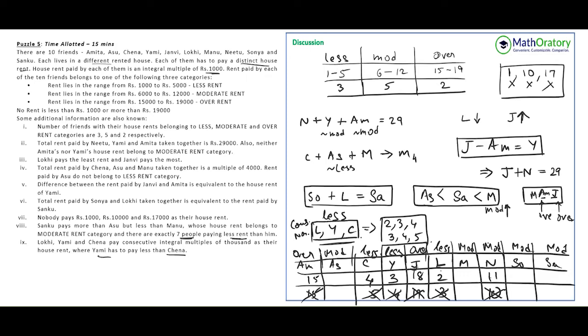So how to go ahead with this? So we know also there is this multiple of 4 thing, out of which C is already known. C is 4, right? So AS plus M should be a multiple of 4 because C itself is a multiple of 4, and because the sum of all these three. So these things, if you are good with the basic ideas of numbers, this becomes very easy. So if you add one multiple of 4 with another multiple of 4, then if one part is a multiple of 4, only when the other part is a multiple of 4, the total can be a multiple of 4. So because C itself is 4, which is a multiple of 4, AS plus M should also be a multiple of 4, right?